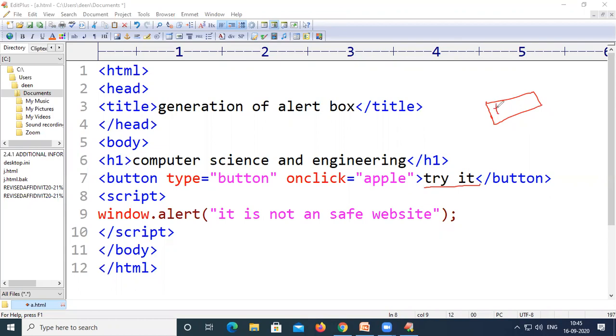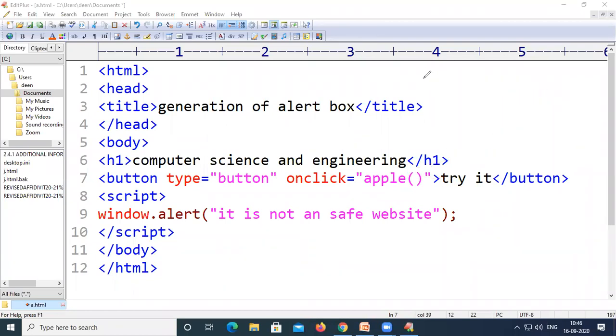So a button will be created, and the name on the button will be try it. When somebody makes a click on this one, it will call a function called apple, the apple method.